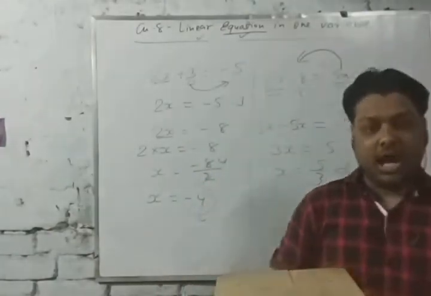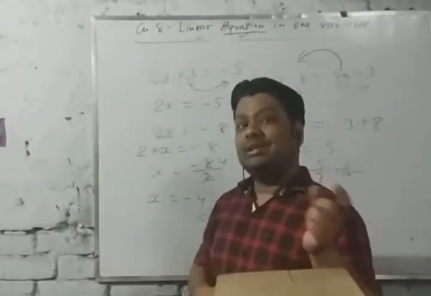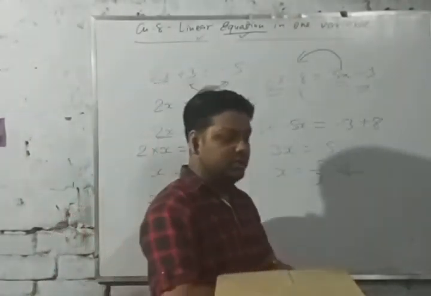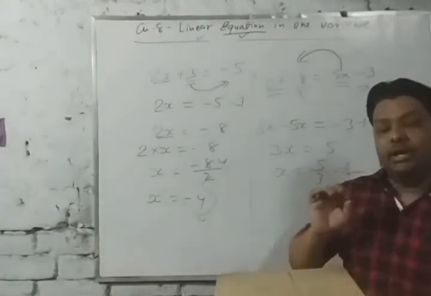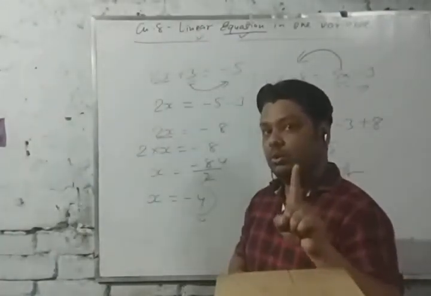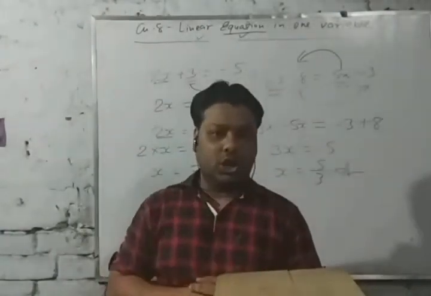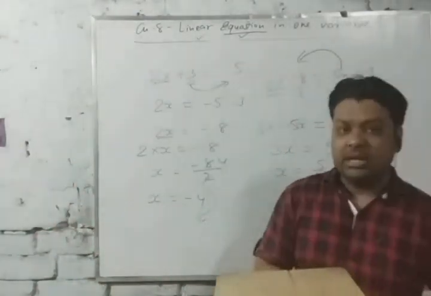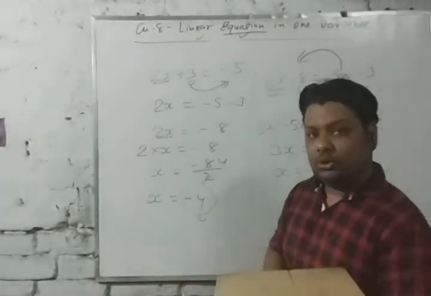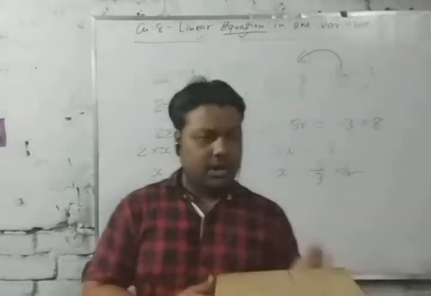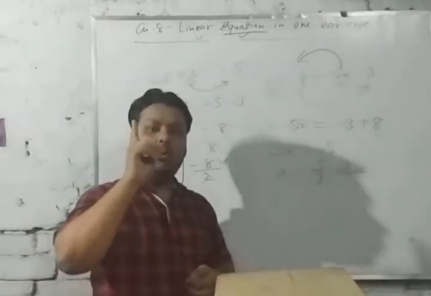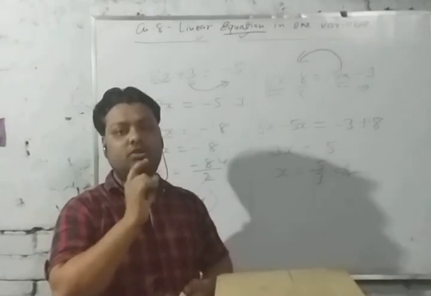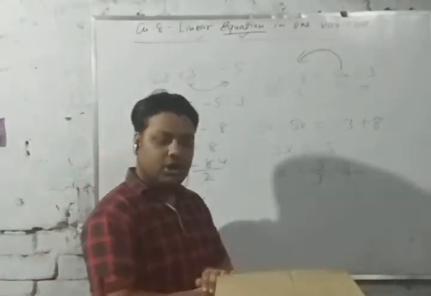Okay. Now after equation we have discussed what a linear equation is. It means any equation whose degree of exponent is 1. Whose degree of exponent is 1 is called a linear equation. And a linear equation in one variable means a linear equation where there is only one variable. If there is only one variable, then it is called a linear equation in one variable. Okay. I hope that you have all understood this.